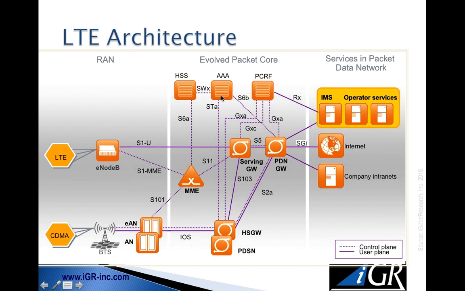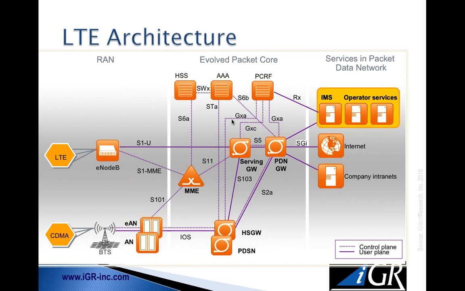This area at the top, the HSS, the AAA, and the PCRF, is our subscriber control functions. So the HSS is actually a big database that basically says Ian is a subscriber, he has access to services, he is allowed to use these services on our network. The AAA is an authentication accounting function, very similar to what you see in other networks. And the PCRF is actually the policy control function. And this is the entity that says, you've reached your limit on the data you've used this month, we're going to cut you off. Or you need to top up your prepaid account, you've used all your data allocation.